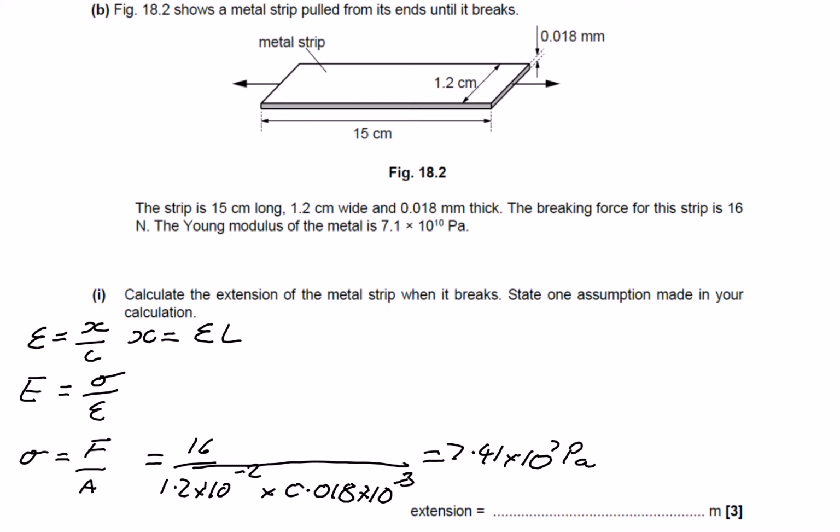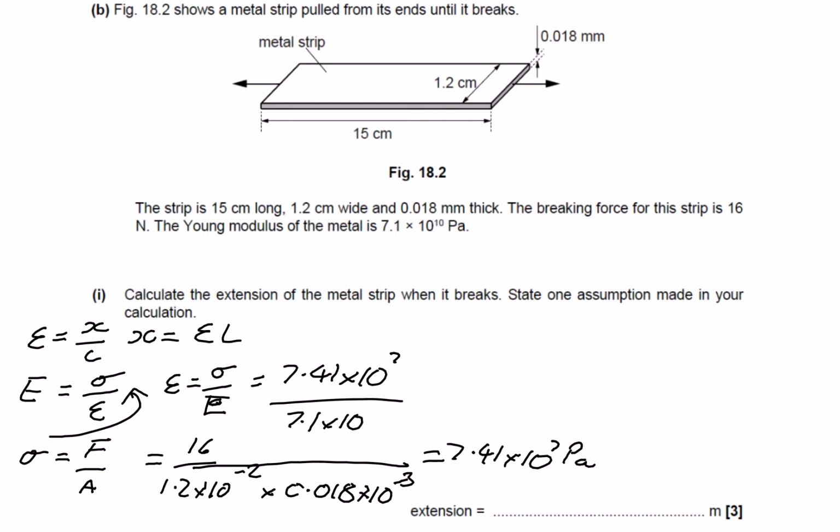Right, now I know the stress. I can now put that into the next equation up. So I'm after the strain this time, so the strain is going to equal the stress over the Young modulus. So that's going to be 7.41 times 10 to the 7 divided by the Young modulus, which is given as 7.1 times 10 to the 10 pascals. Put those numbers into my calculator and it would come out as being 1.04 times 10